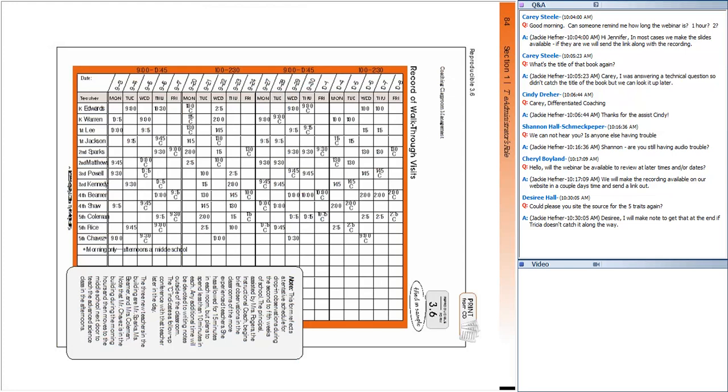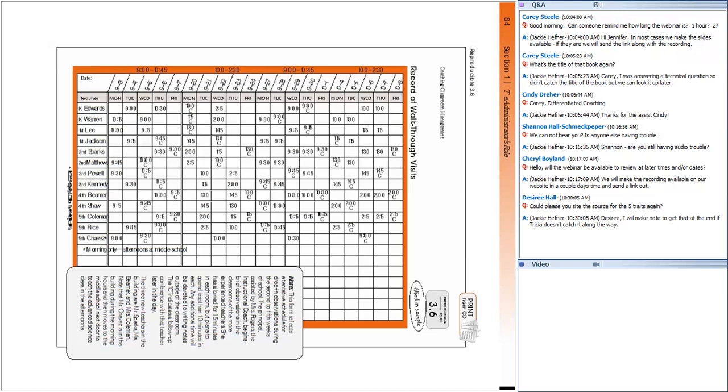What happens is I have 4 or 5 weeks on my calendar here. I've got all my teachers running down the left-hand side of your screen, and then I have the dates up above, and I simply write down the times that I went in to see them. This whole idea of recording these walkthrough visits was initially brought to my attention when I was an instructional coach in Topeka, and every person on an administrative contract was required to do about 40 walkthroughs per week. 40 walkthroughs per week. Now, that's a lot.